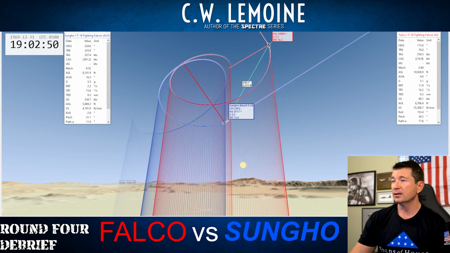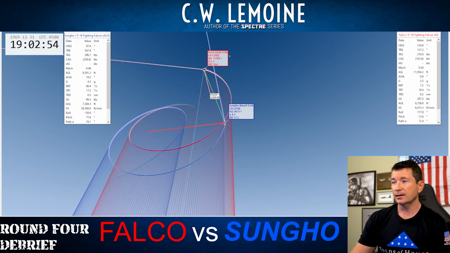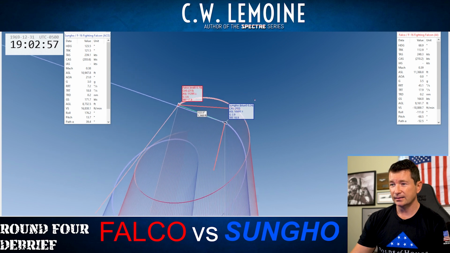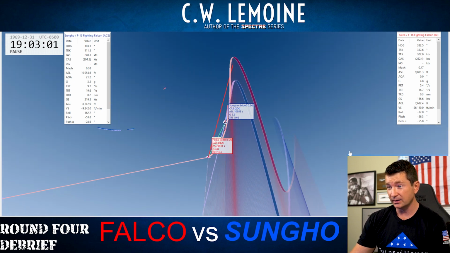But Falco, seeing that, tightens down to try to take away the angles from Sungho. But Sungho going over the top, God's G, very good position right here. Falco just doesn't have the energy to square the corner. Sungho's done a good job of managing his energy, and now it's just a matter of gun mech. So he doesn't quite get it there, although he was very, very close. He did